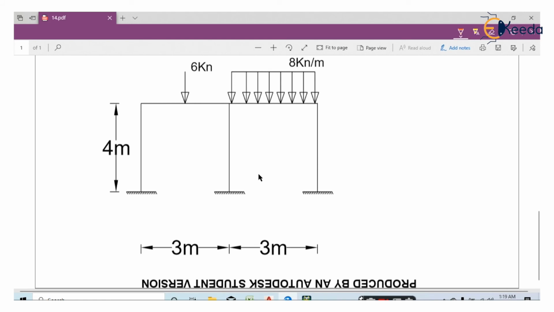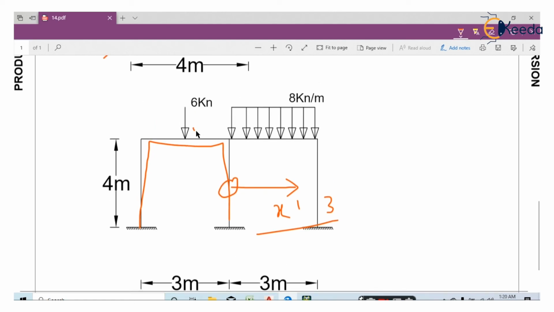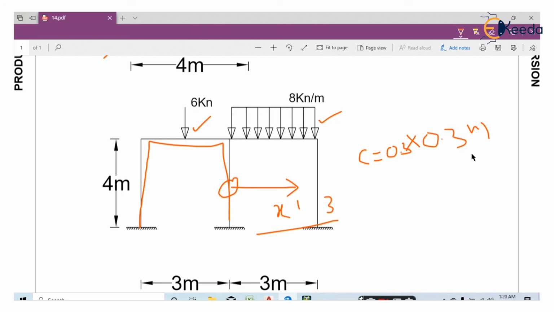Next one is a task for you to create this geometry. First create that particular frame and repeat this column in X direction, one step of 3 meter, right? And apply both the loads. First one is concentrated force and second one is uniform force. For column, use property 0.3 by 0.3 meter. For beam, use property 0.3 by 0.2 meter.